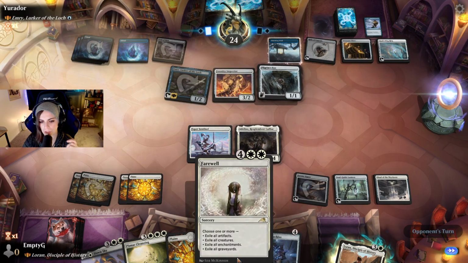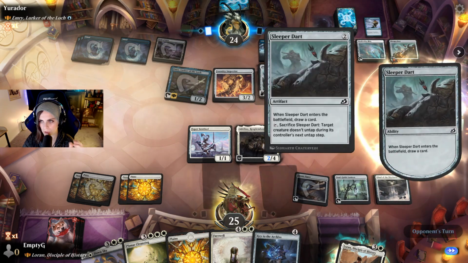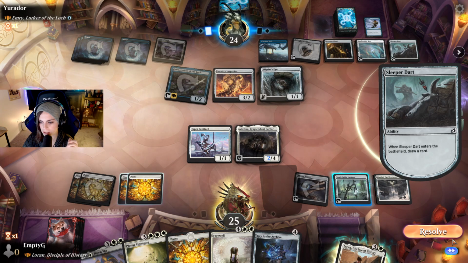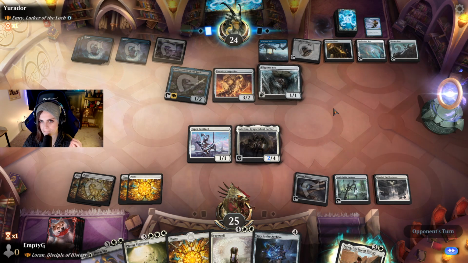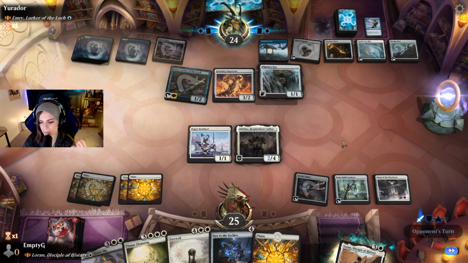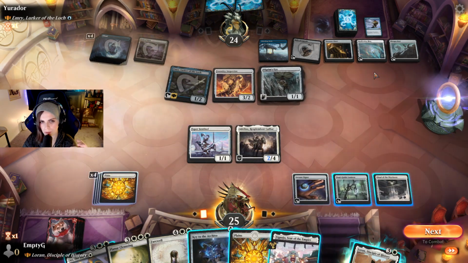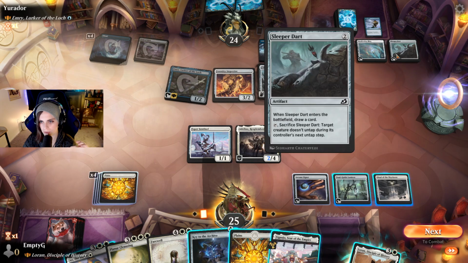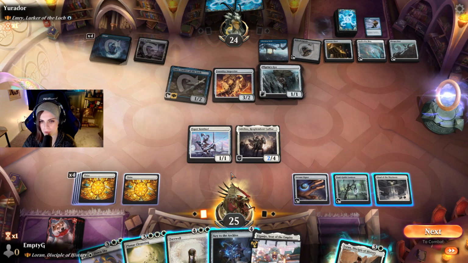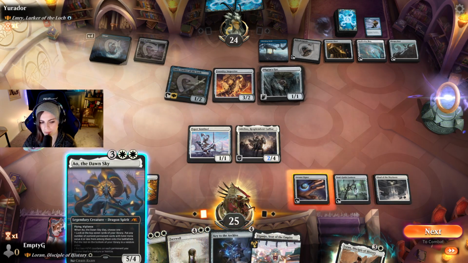But thankfully we have two really important pieces that'll just shut them down. Oh, this was another thing too, that they could just sacrifice it. Yep. So I just see one open mana, right? Yeah. So I think the most reasonable play here is probably to do Key to the Archive, but I'm gonna